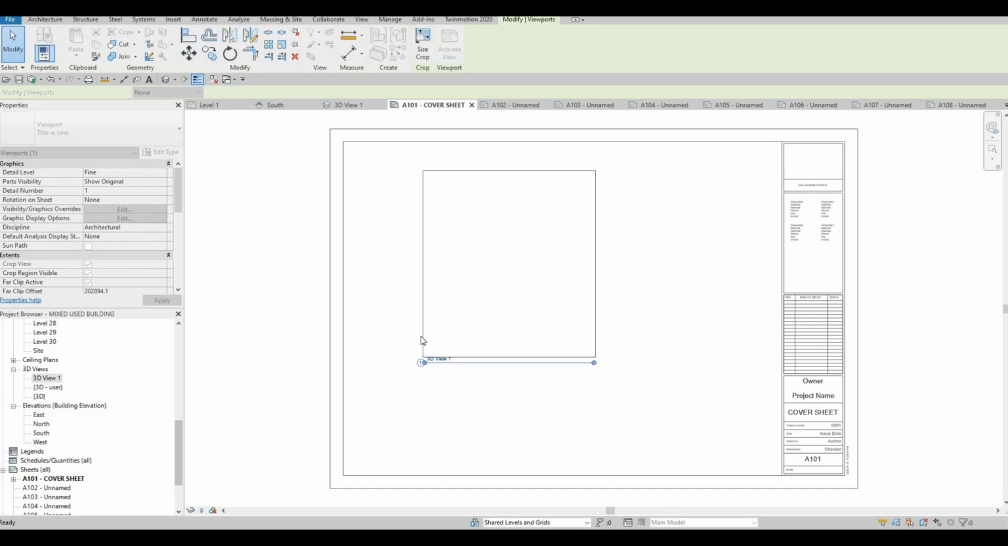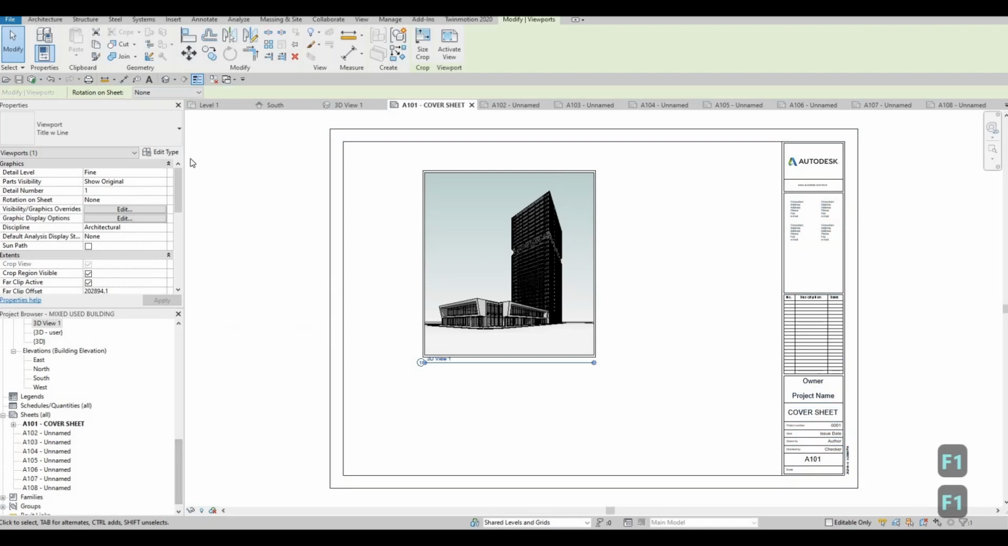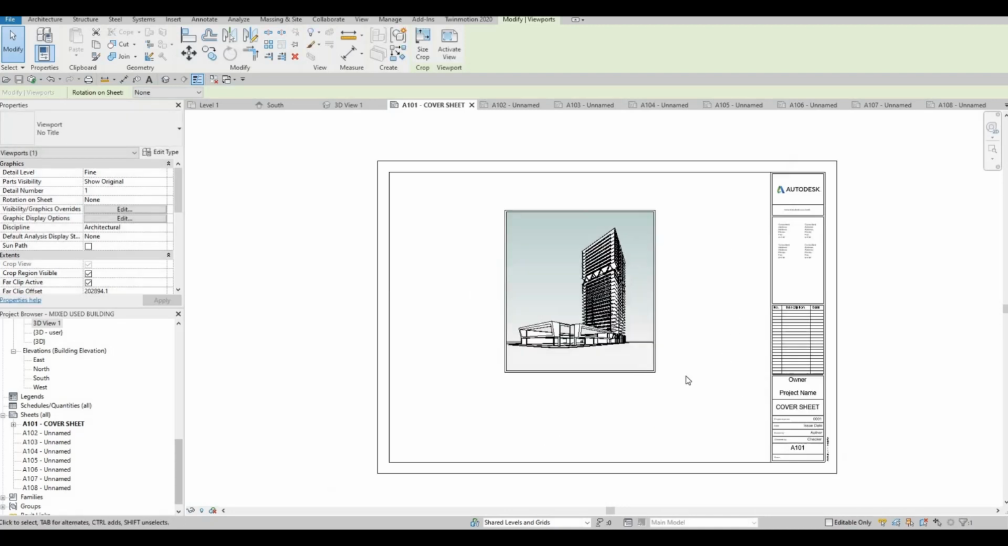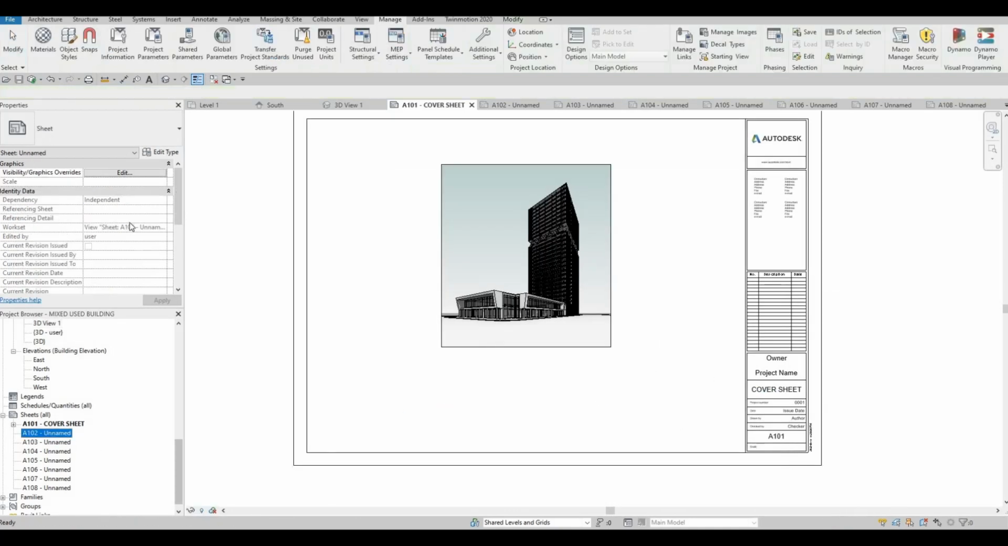Like the sheet legend here. Here I don't want any title, so that I could remove that. So I'm just gonna put it right here, and then you can put in the sheet cover right here, and then next name